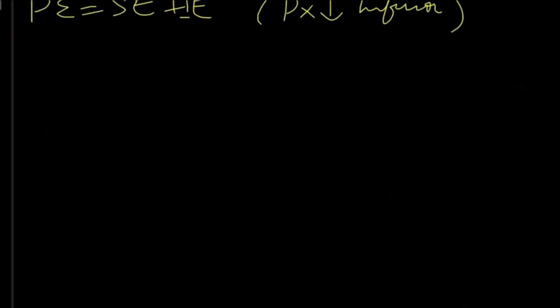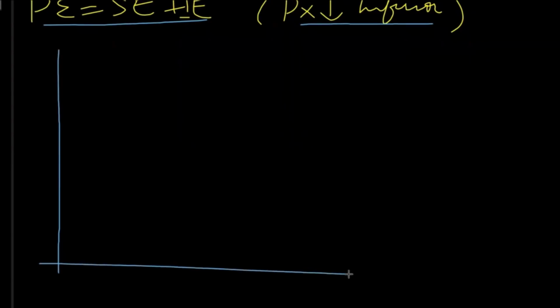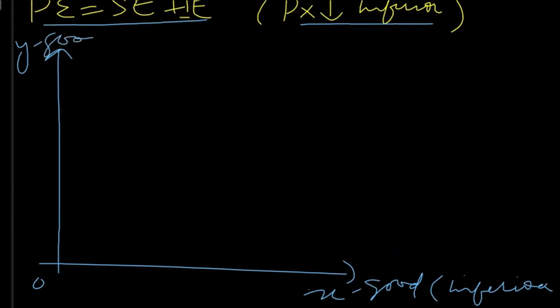Now we can move to the next situation that we are taking X good as an inferior good, and we are again trying to prove that price effect is equal to substitution effect plus income effect. And again we will draw a budget line, initial budget line. This is X good, which is an inferior good, and this is Y good, and it is some neutral good. We are not considering which type of good it is. Okay, so initial budget line we have as AA, and we suppose that initially equilibrium is taking place somewhere at point E.